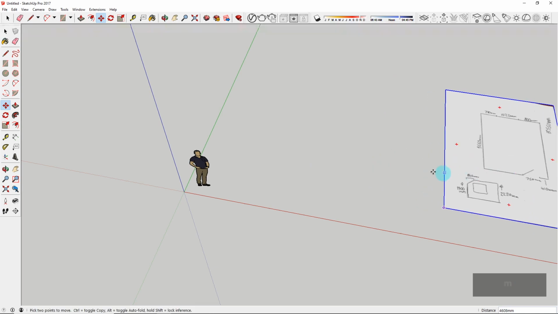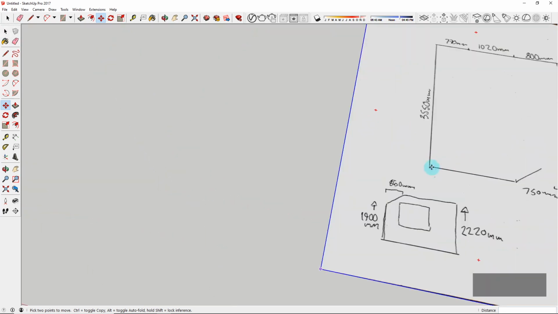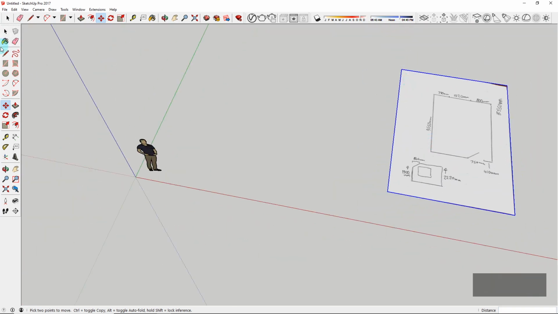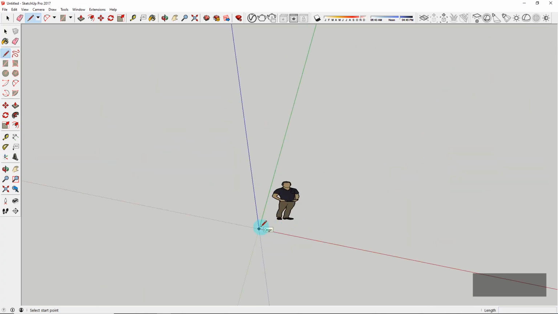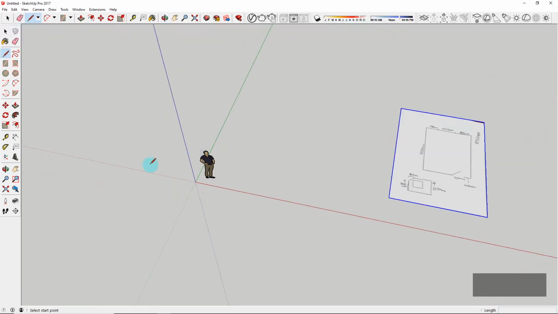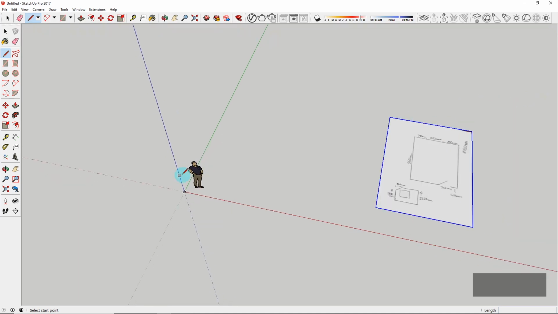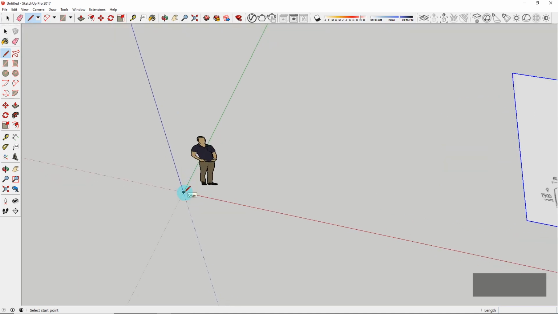And what I'll do is start from this corner here and work my way around just using the pen tool. So we'll start that. Again, I'll always make sure to start on the origin when I start any new project, just because it keeps everything neat and tidy, and it doesn't mess anything up. So first off, our first measurement is